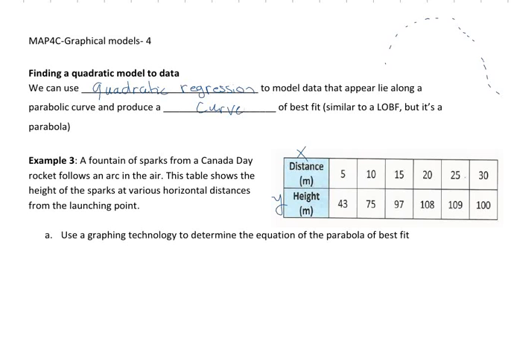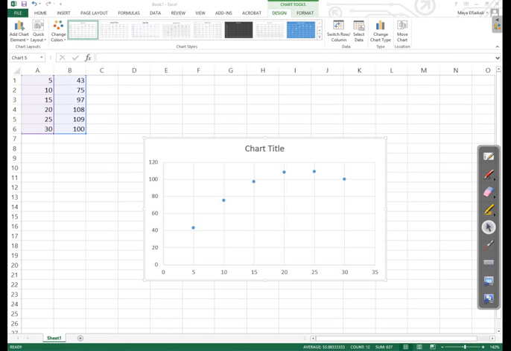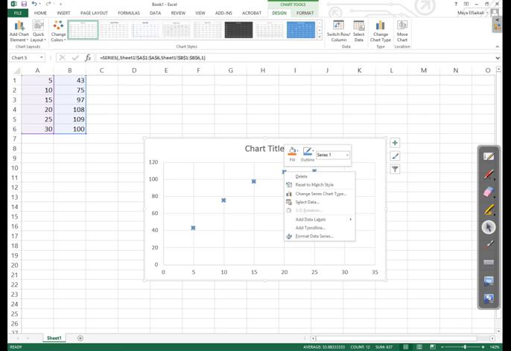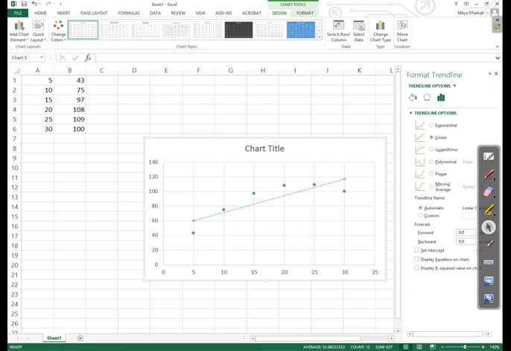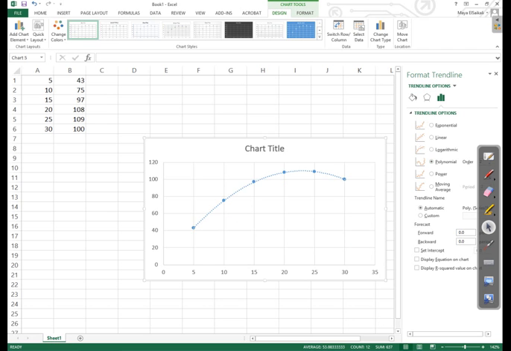Okay, so taking the data from here and then graphing the distance versus the height on Excel, it gave me a graph that looks like this, right? Because this graph isn't linear, when I come to do the trend line, right click on the point, add trend line, and when you do that,